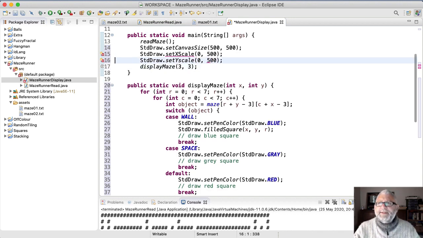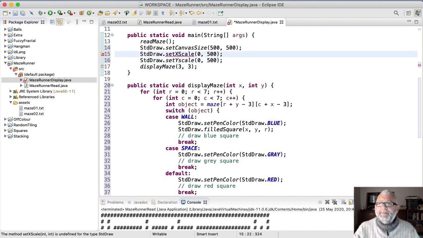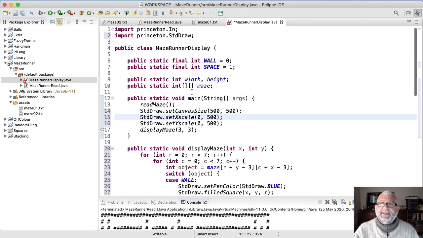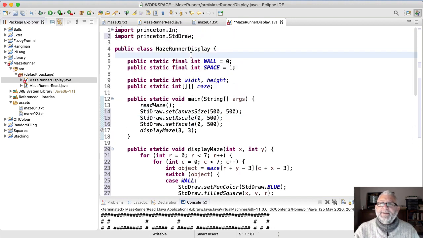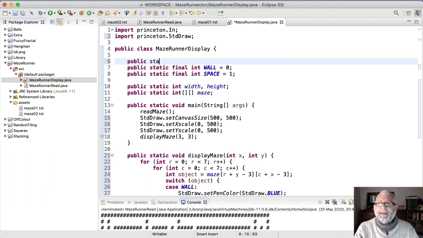And 500. Let's just correct this typo, small s. So 500 divided by 7 is 71 and a little bit. So it's not an even multiple. So really I should be using a multiple of 7 for my canvas size, so that the squares can neatly divide into 7s. So I'm going to add a square size,